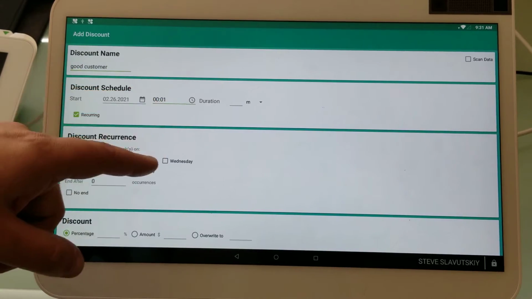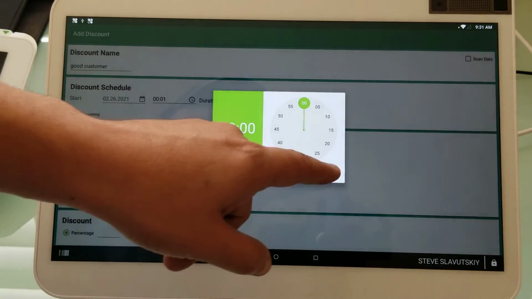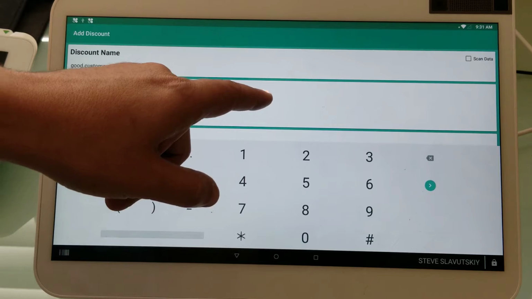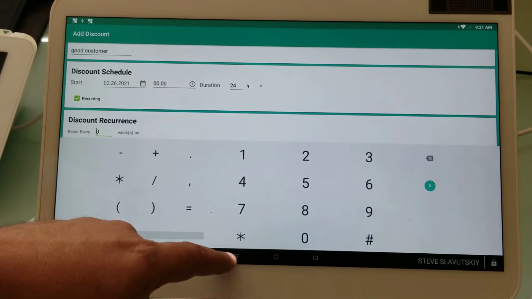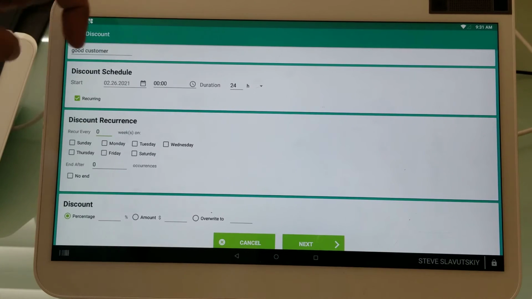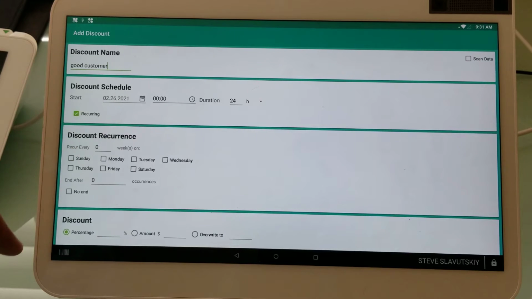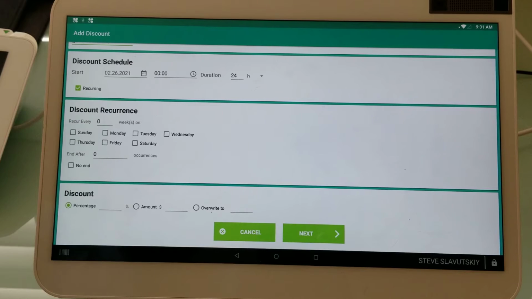Basically, it can start at 00 and go for 24 hours. Right? So, in which case, it basically means all the time. And you can control that. Like you can start it at a certain part of the day and then end it at a certain part of the day. And if you have the recurring checked, then this part shows up,